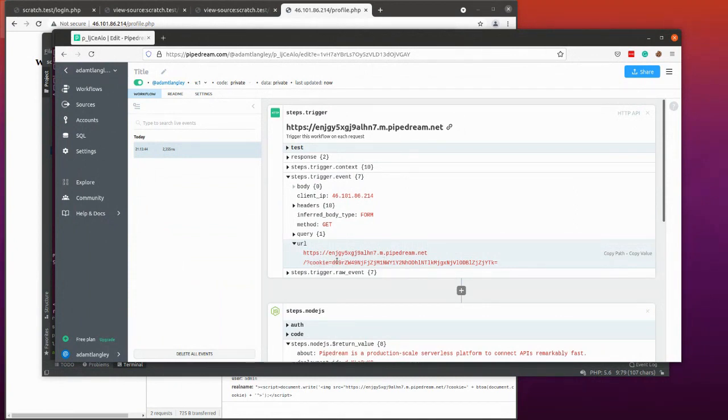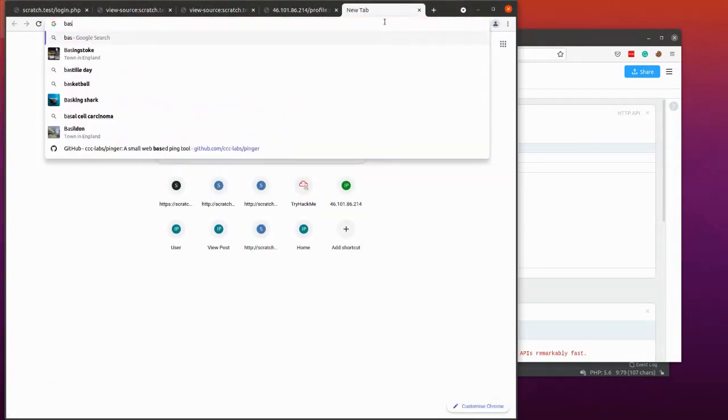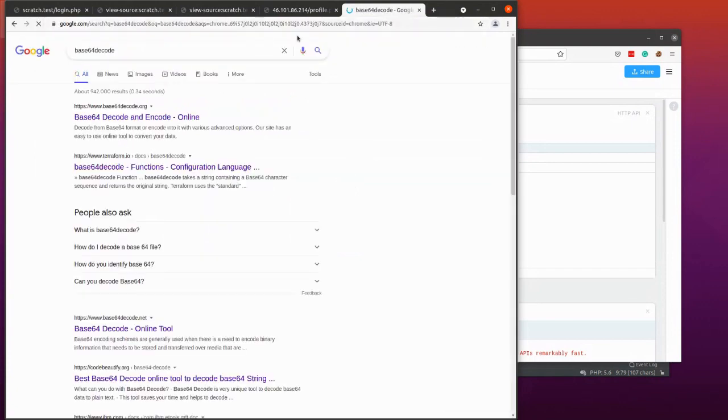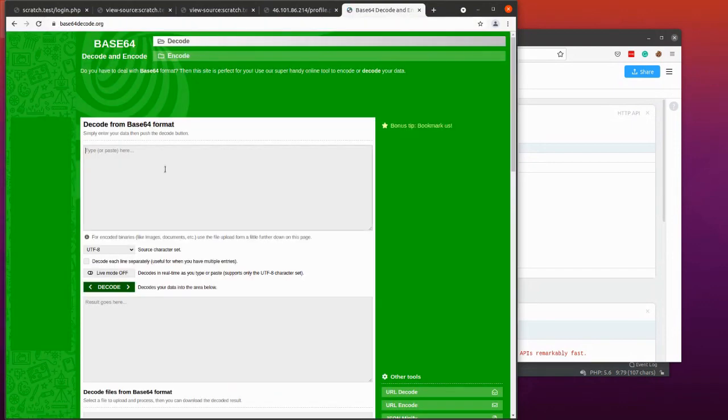Oh, I think it's automatically decoded it for us. That's nice. Oh no, sorry, it hasn't. It's here. So we do base 64 decode. There we go. There we've got the token. So then,